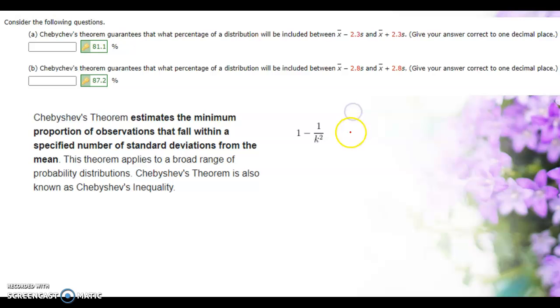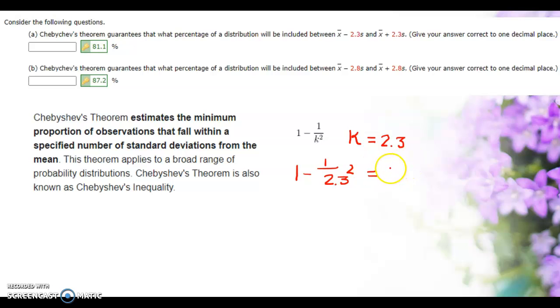So what that means is that K is equal to 2.3. So to determine the smallest percentage that will lie within 2.3 standard deviations in any distribution, we're going to substitute that into our rule for Chebyshev's theorem. Now, you should be doing this on a scientific calculator, not on your phone, because your phone doesn't know the proper order of operations. But in this case, it's asking you to round to one decimal place after converting it